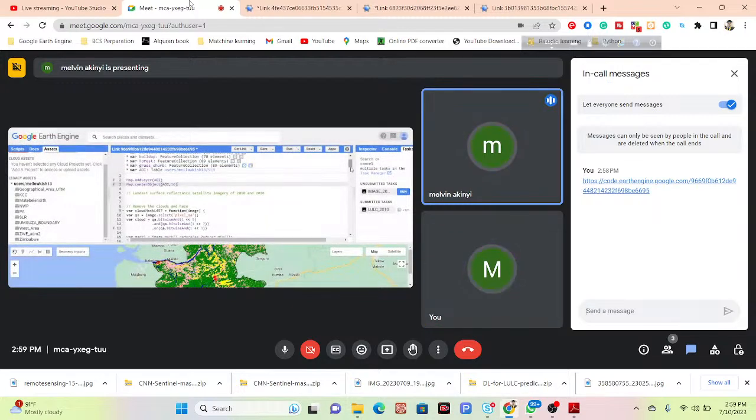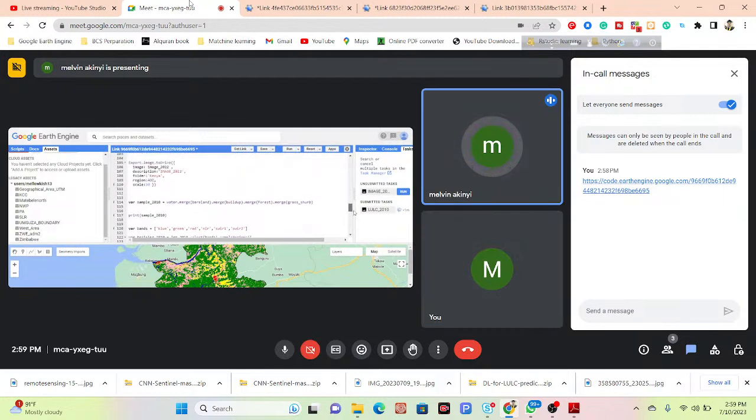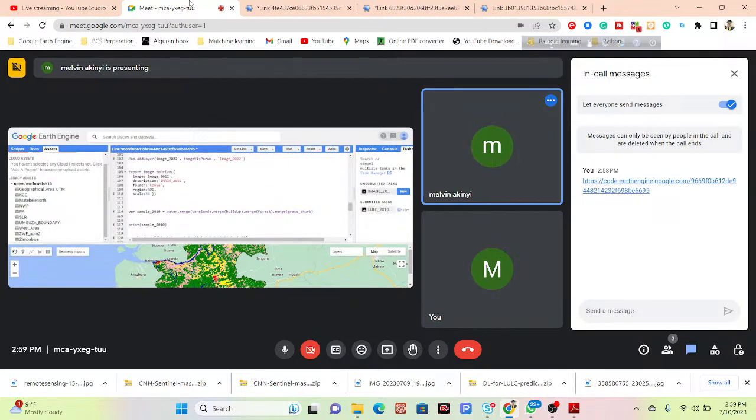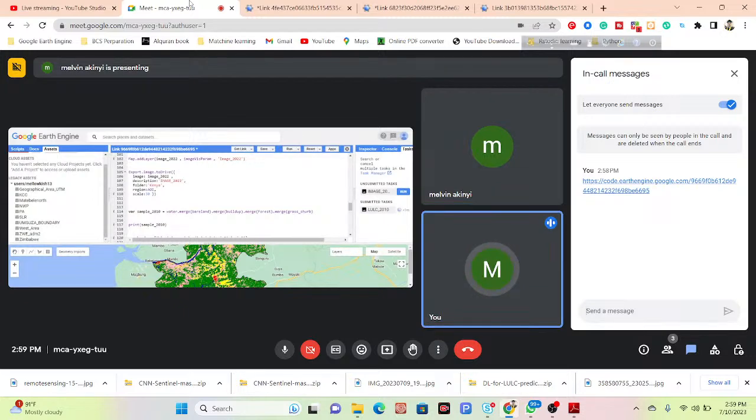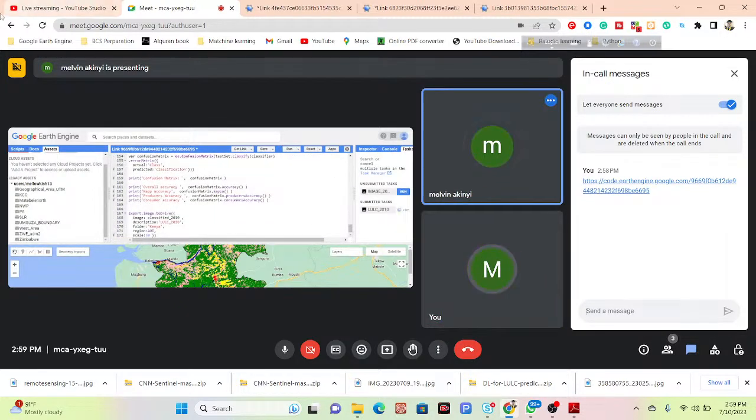Which part of the code did we change to get this? Okay, you can see export. Go to the below. You can see the export image to drive. This time, I simply